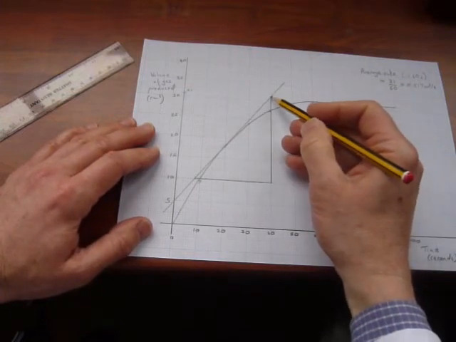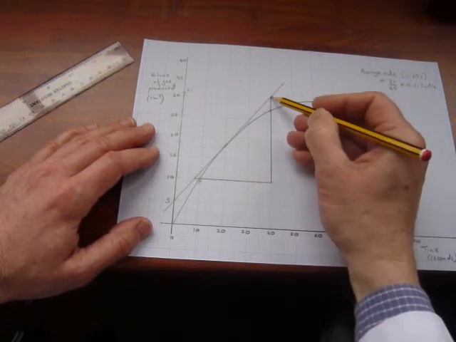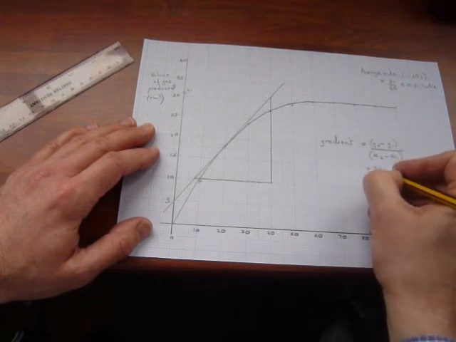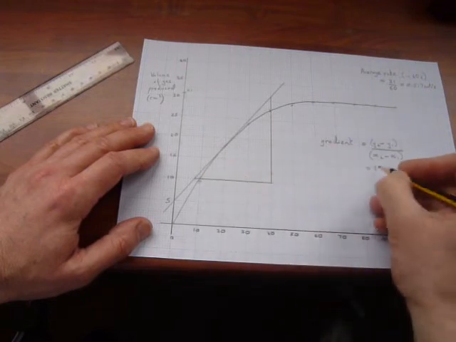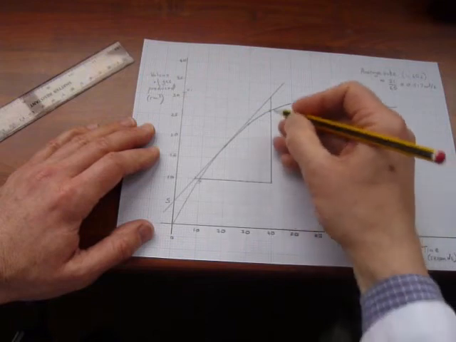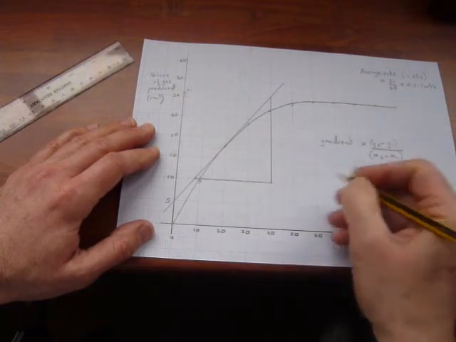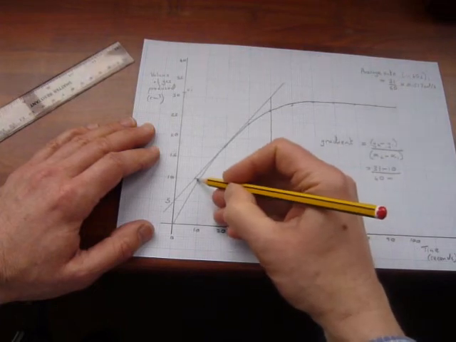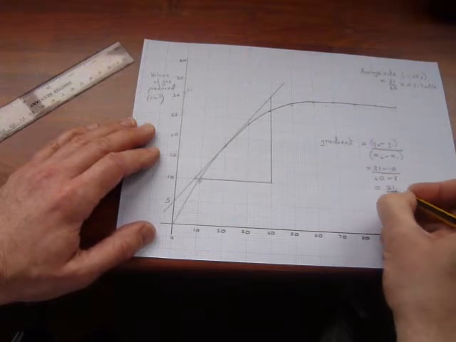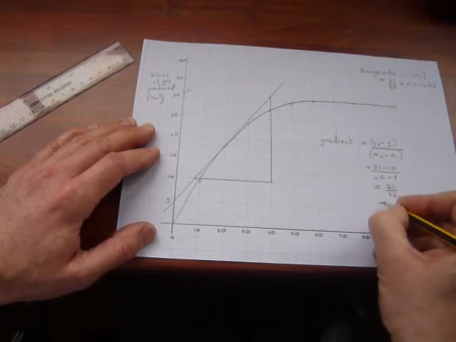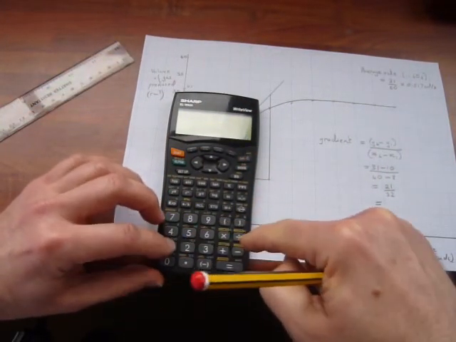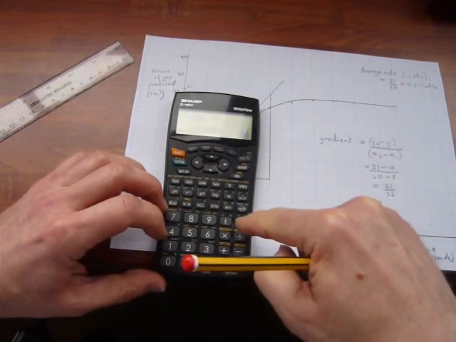So my second y reading on the tangent, where I've drawn my triangle, is 31, roughly. And my first y reading, because I've drawn it on this line there, is 10. My second x reading, because I've drawn it on that line, is 40, minus my first x reading, that's 8 there. So I get 21 over 32. I put that into my calculator. 21 divided by 32 equals